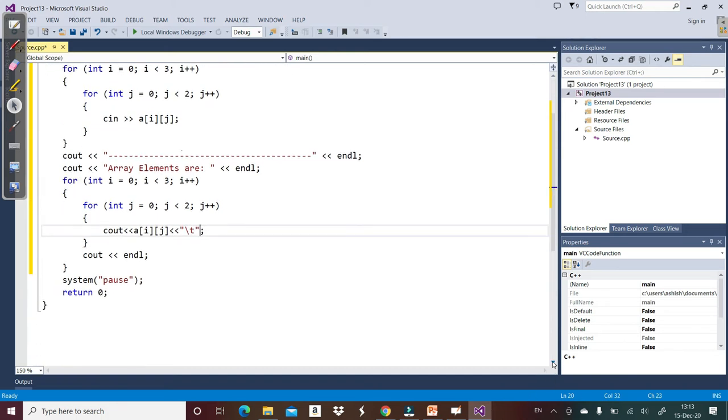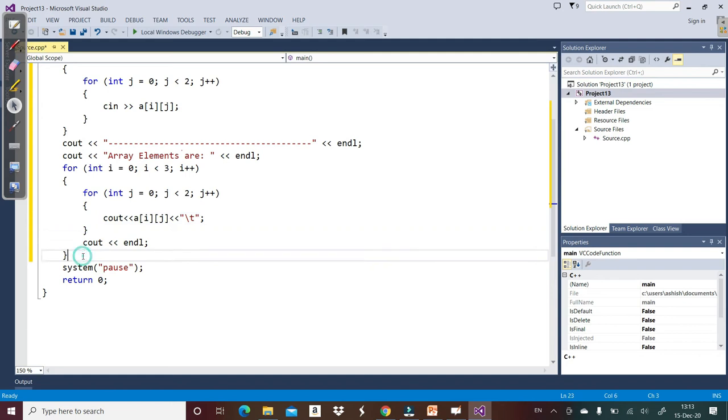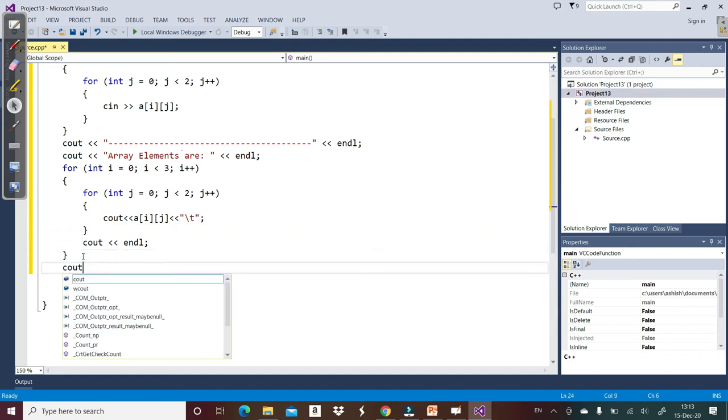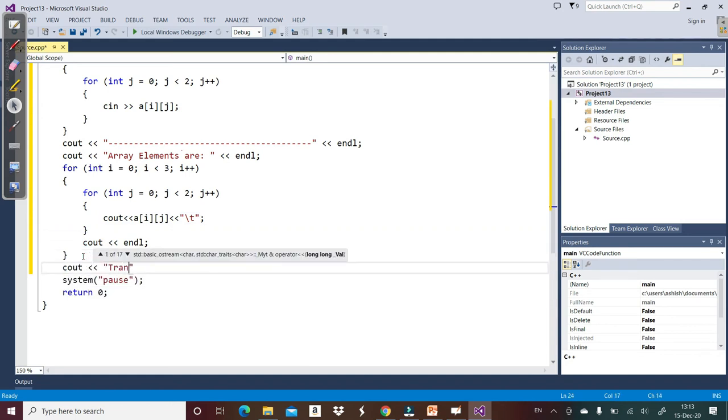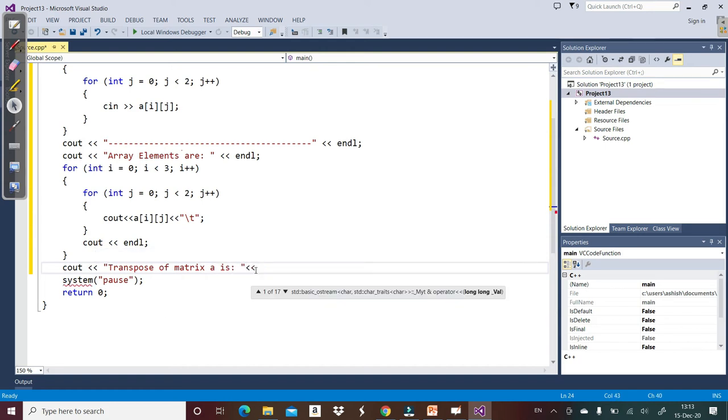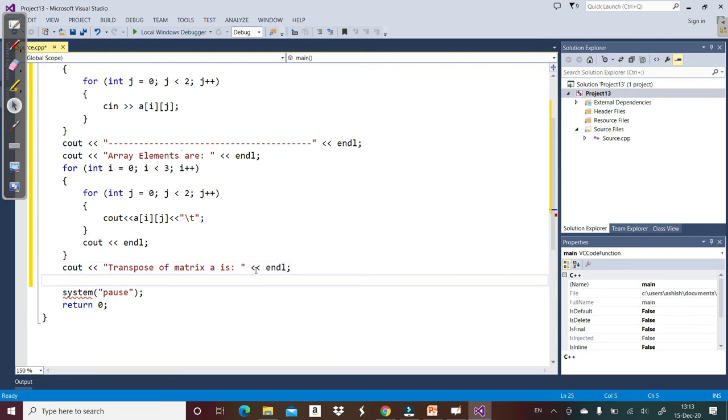Now we have to find the transpose of matrix A. So let's say cout transpose of matrix A is, and because we want to store the transpose of matrix A in matrix B, we will go by the dimension of matrix B. It means the number of rows should be 2 and the number of columns should be 3.